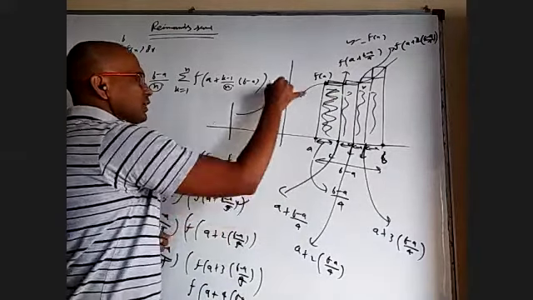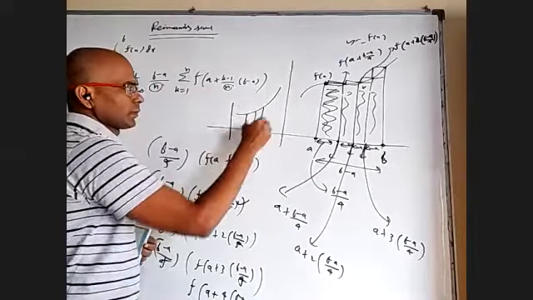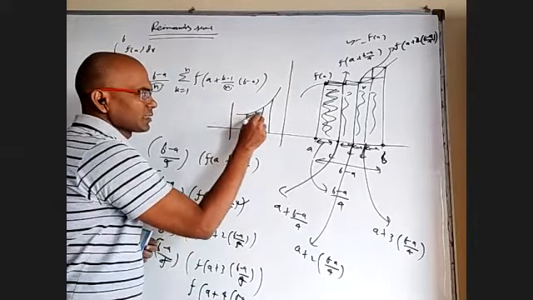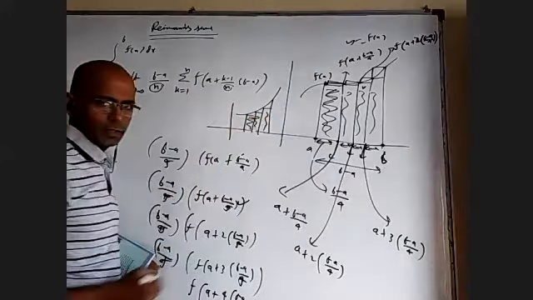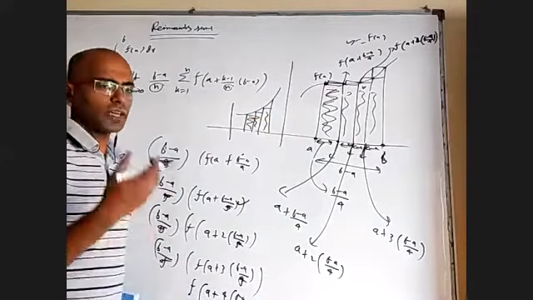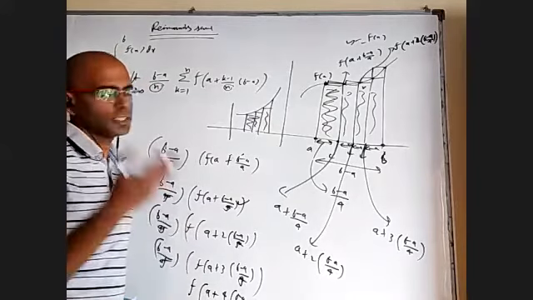If the curve would have been like this, if somebody takes area like this, like this, like this, when you take 3 strips, your area is less than the required area. When you take 4 strips, it will increase. 5 strips, it will increase. Finally, when you take infinite steps, it will reach the area.